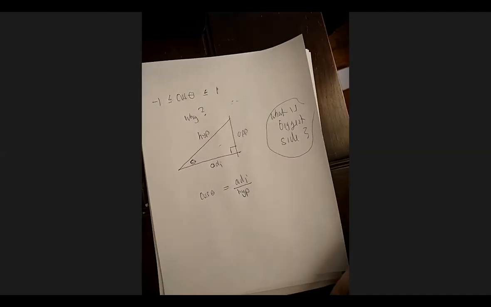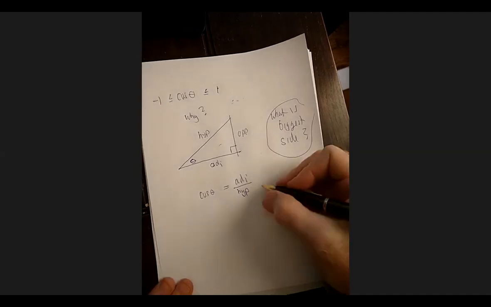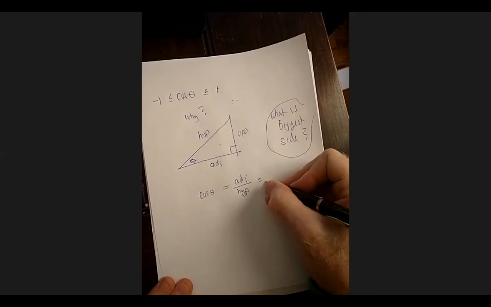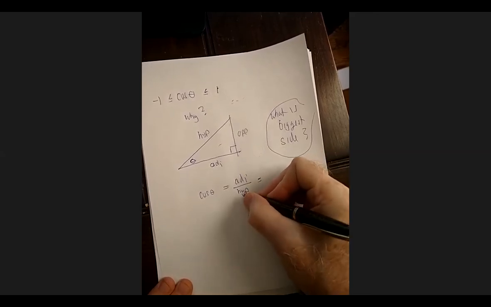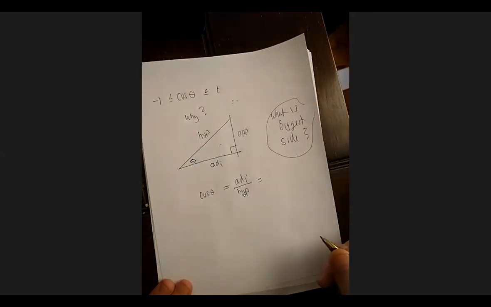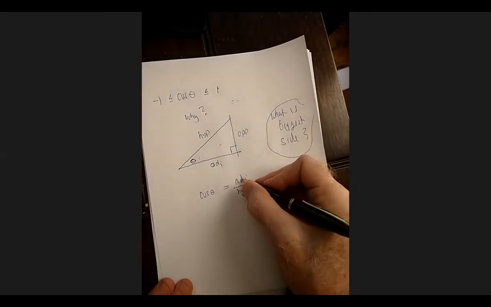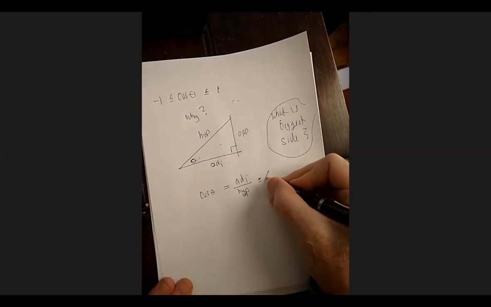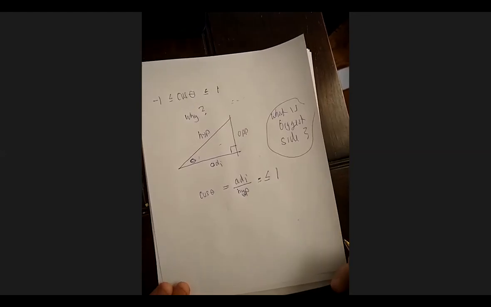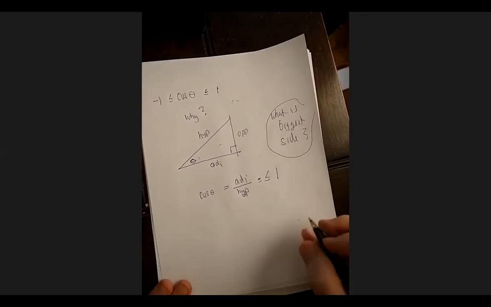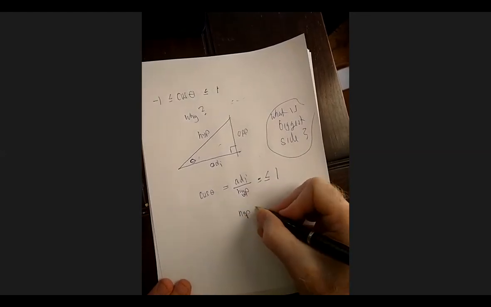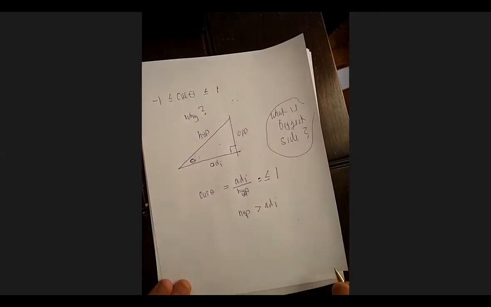In any right triangle, it's always going to be true that the hypotenuse is bigger, or maybe equal when we talk about this angle being 90 degrees on the unit circle. So when we have a smaller number over a bigger number, that has to be less than or equal to 1, because the hypotenuse is larger than or equal to the adjacent, because we're going to use a unit circle.